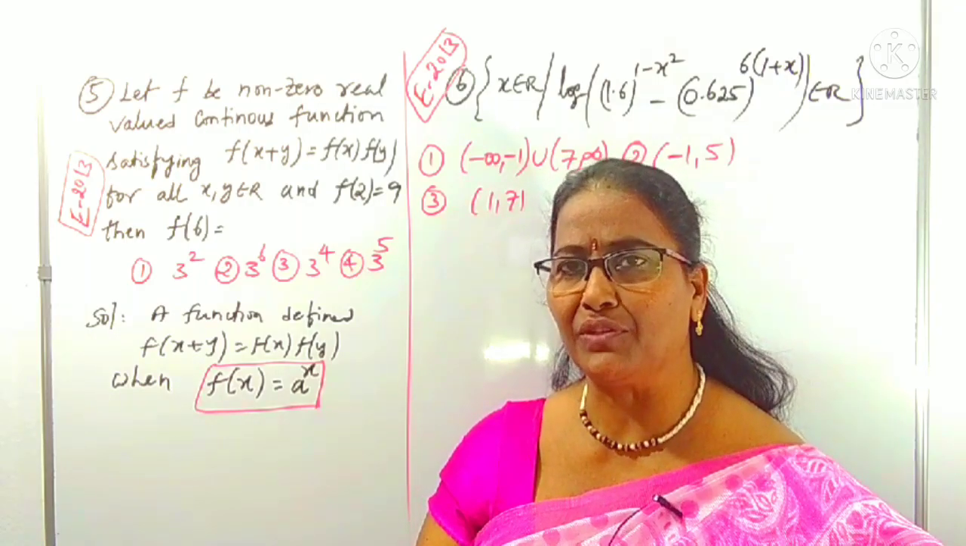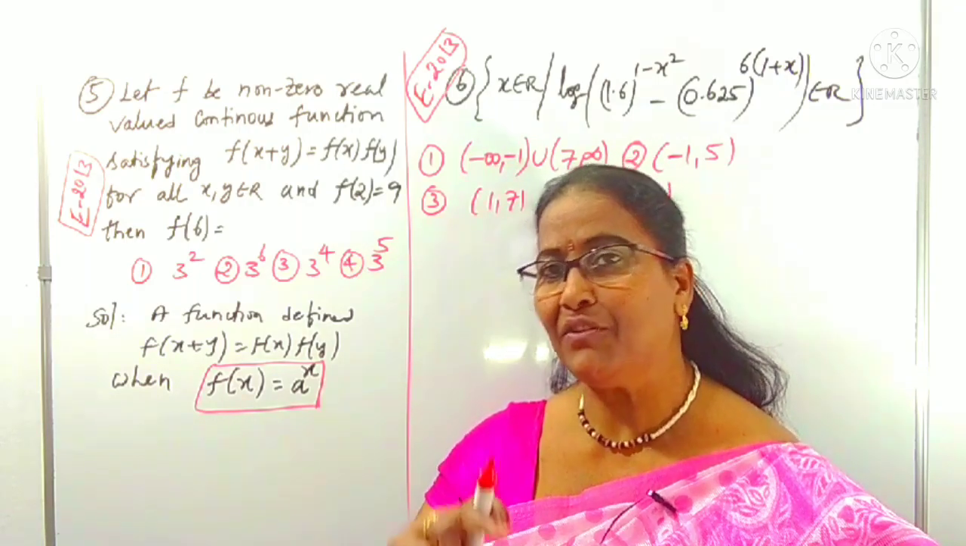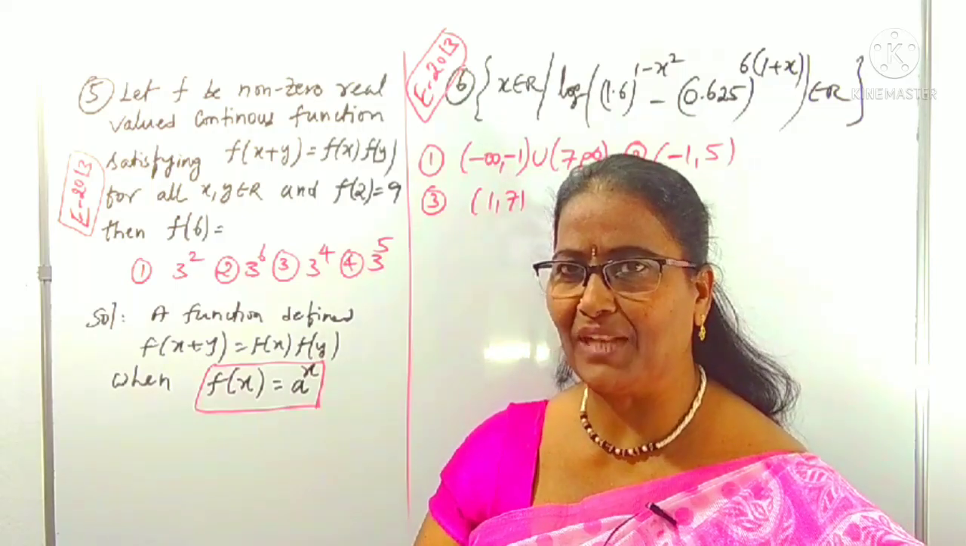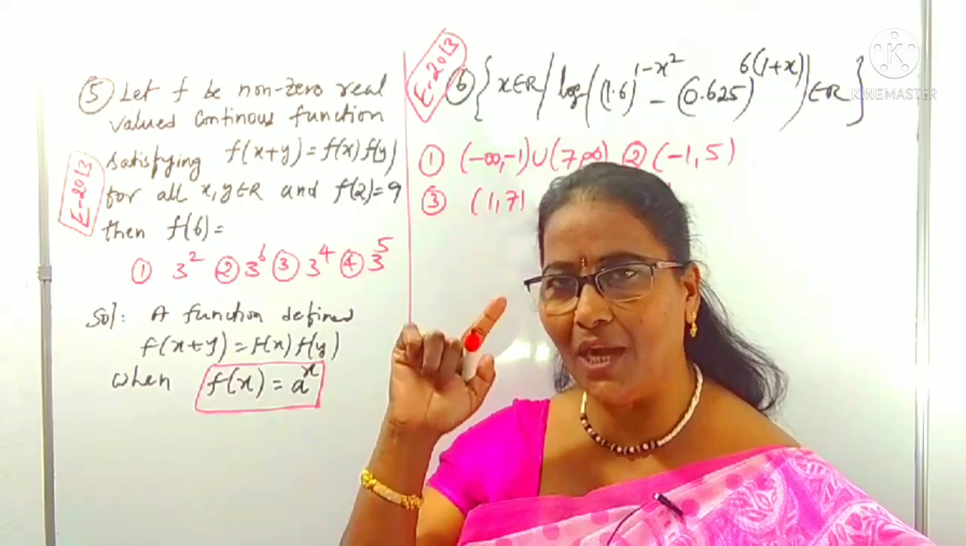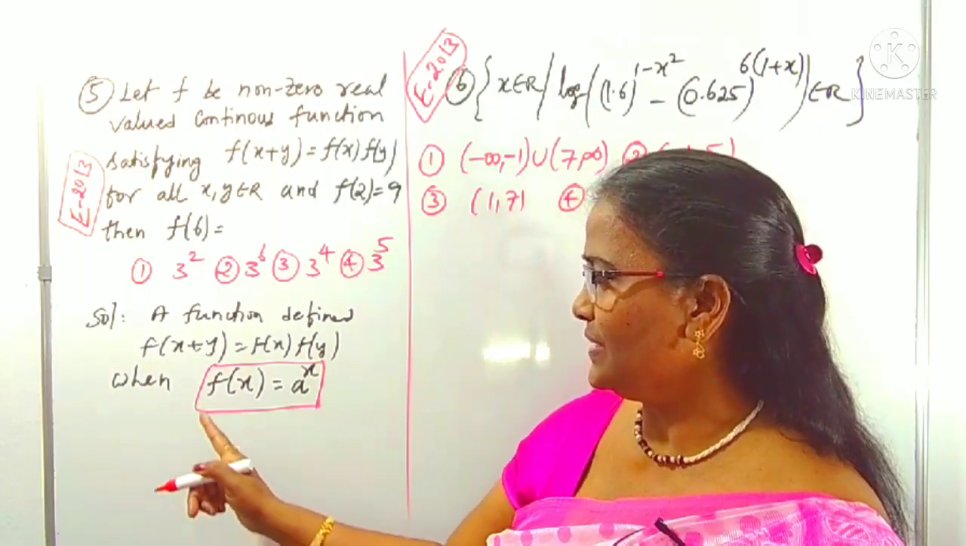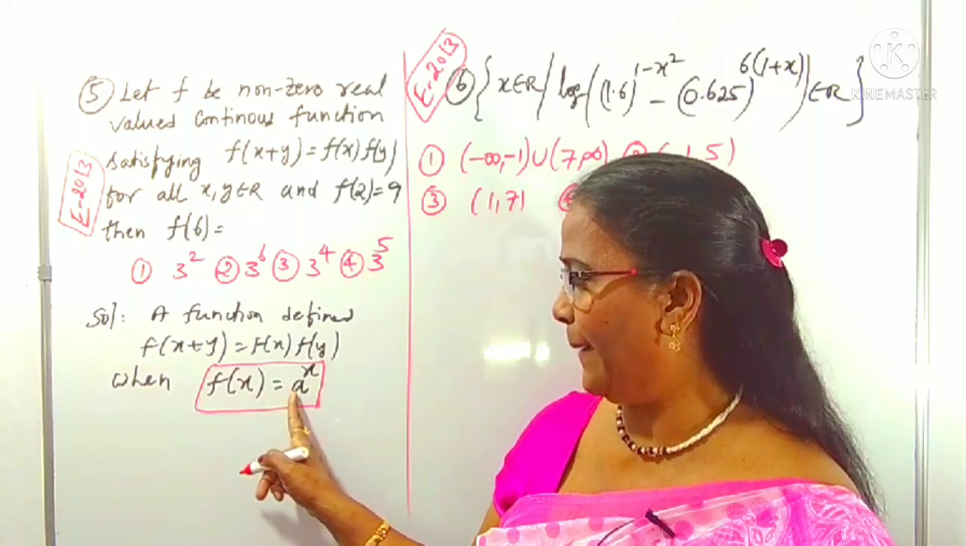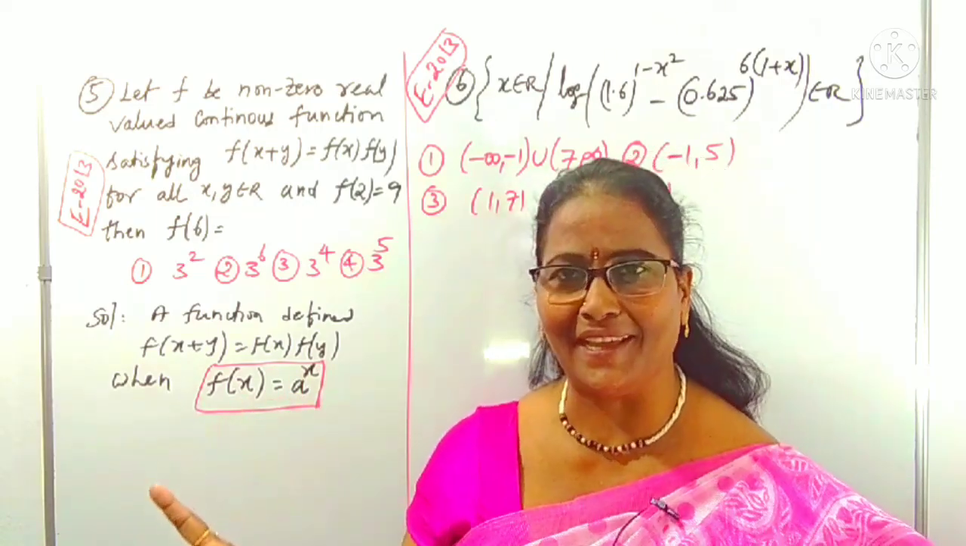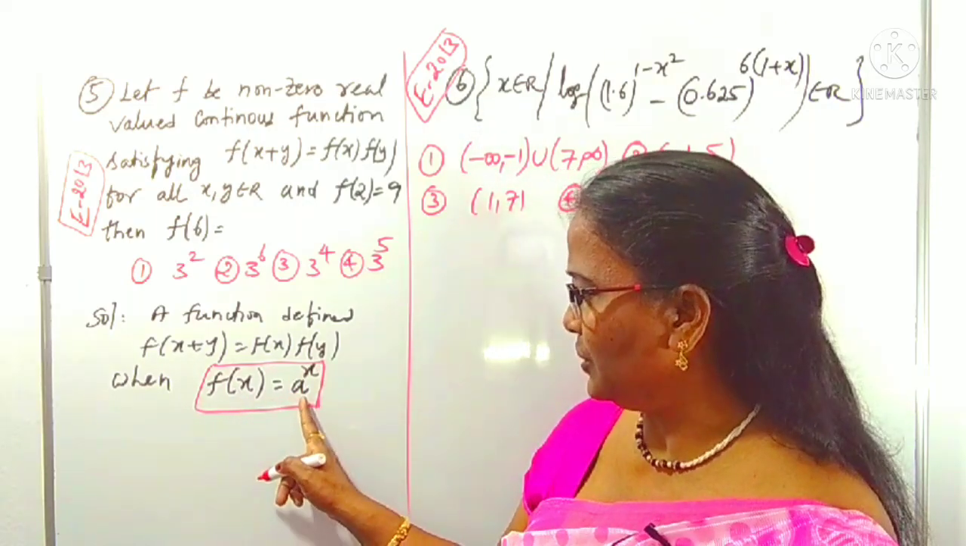In case of a logarithmic function, f of xy is equal to f of x plus f of y, which will be defined like log x to the base a. Like that, you have to think about some general functions for easiness purposes. So indirectly, f of x is a power x. We don't know what a is. We have to find out a first. To find out this a,